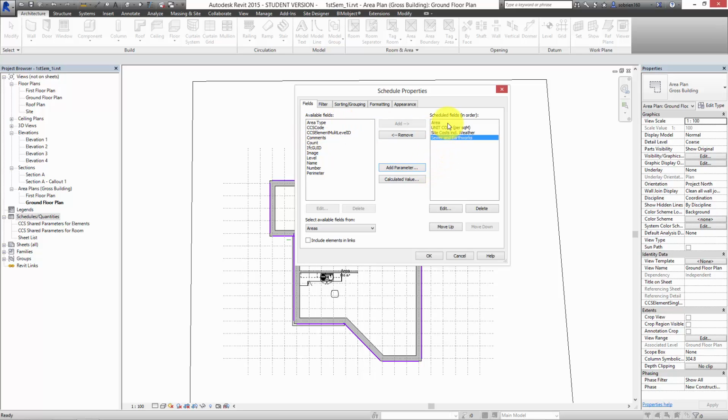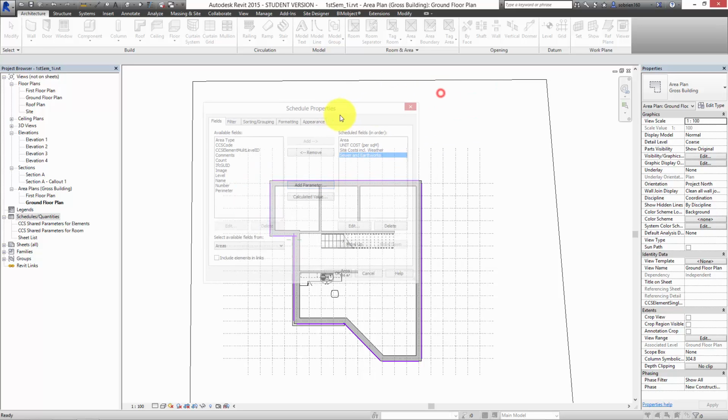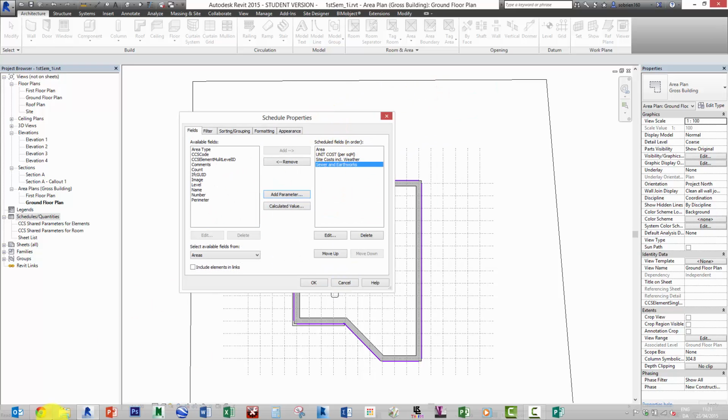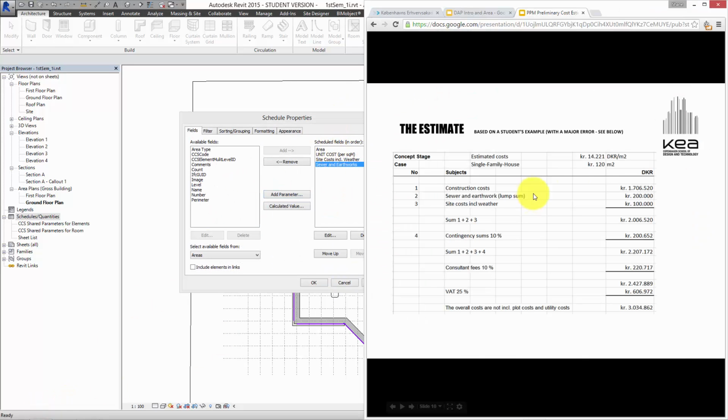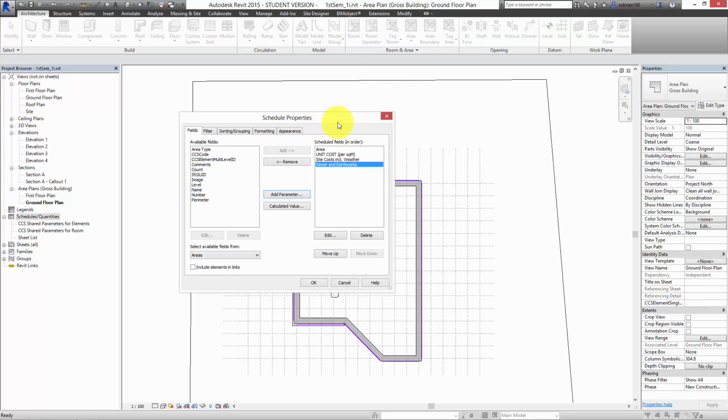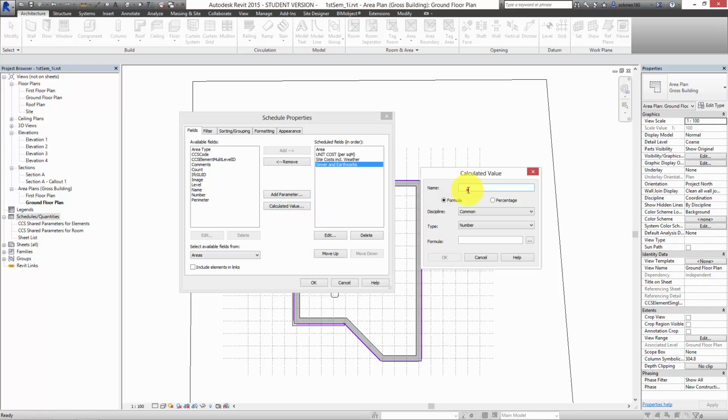And we have the floor area of the house, we have the unit cost. So let's start doing some calculations here. So you can see we have the estimated cost here, which is 14,221, and then we have the floor area. Multiply these two together, we get the construction cost. So let's start off by doing that. I'm going to set a calculated value up. So calculated value, and I'm going to call this construction cost